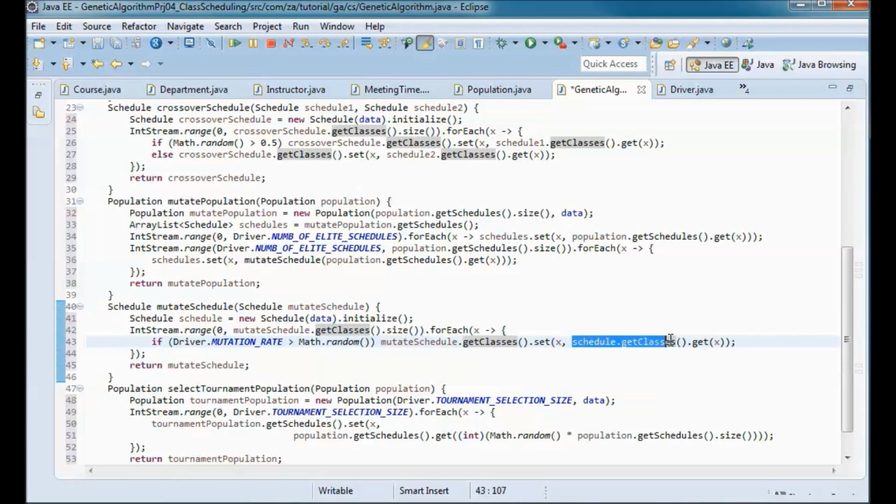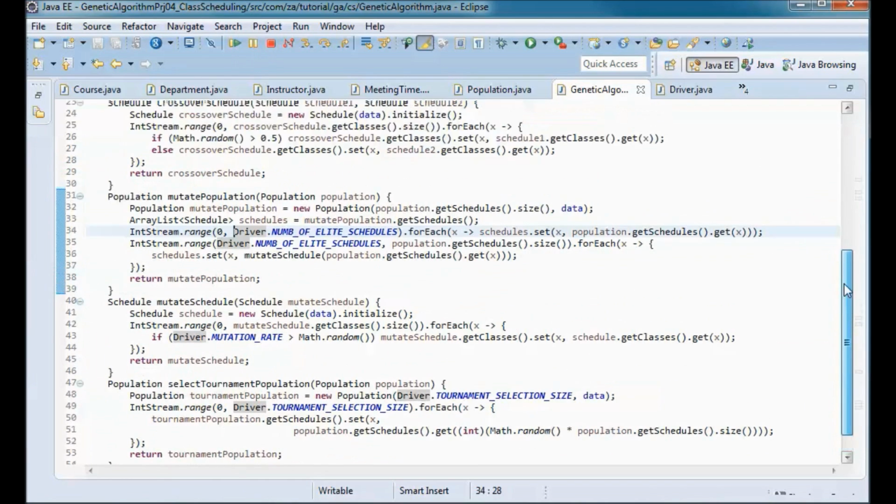So schedule.get classes.get x should be a schedule, which would be a class in this schedule. Okay, so this will do it for this class.